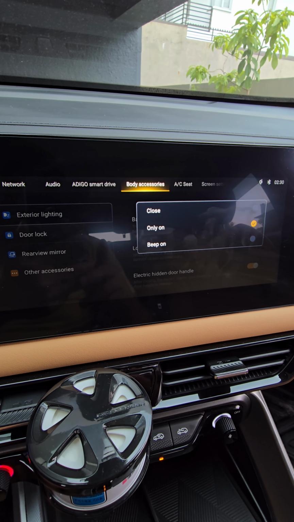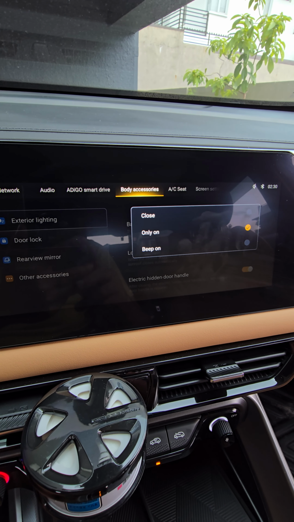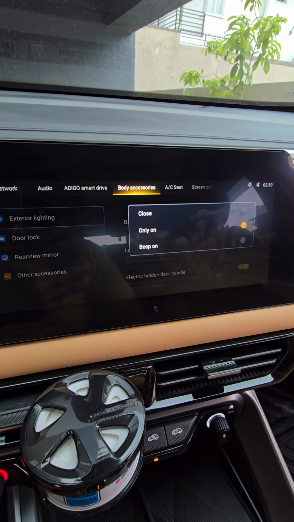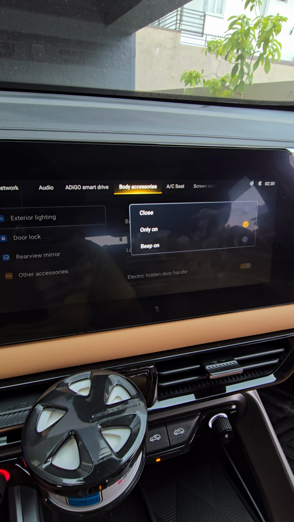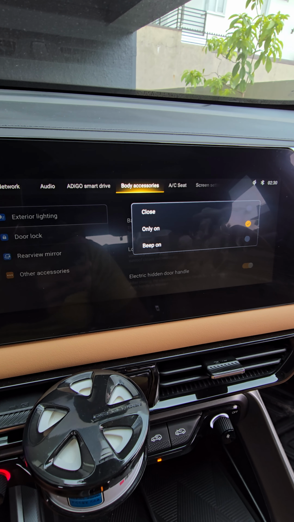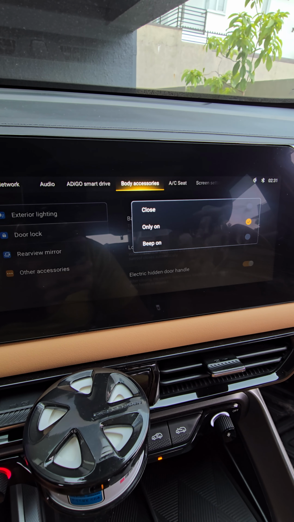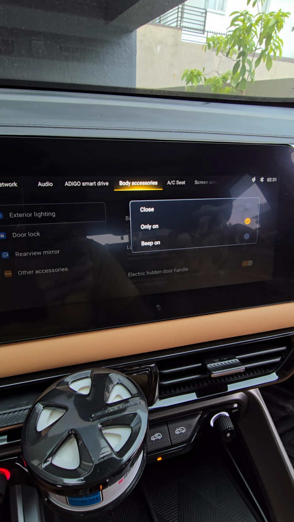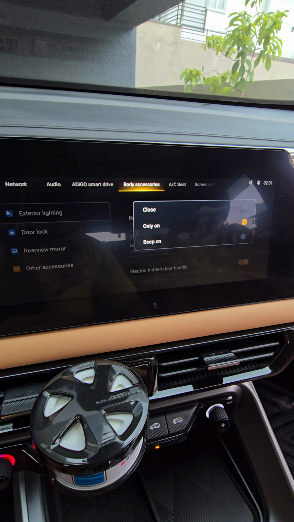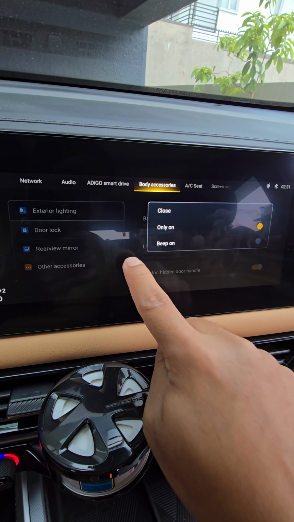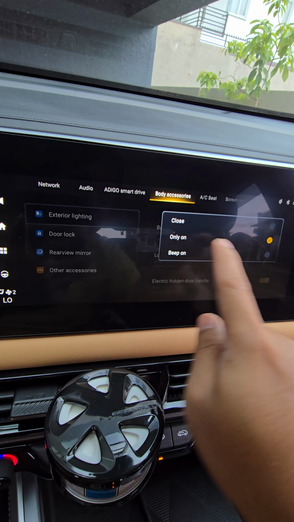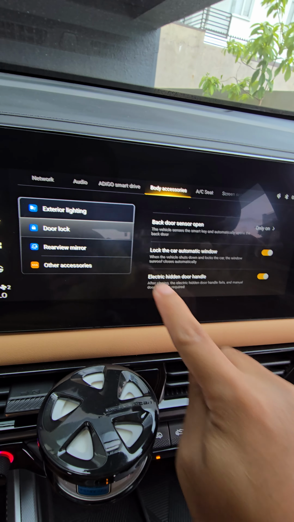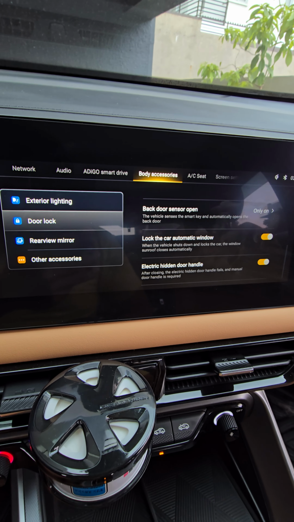opening it. It's helpful most of the time, but the lift gate can open and hit a ceiling or something when unintentionally opened because of the proximity sensor. So test it out and be cautious about where you park. Okay, so just put only on. And then